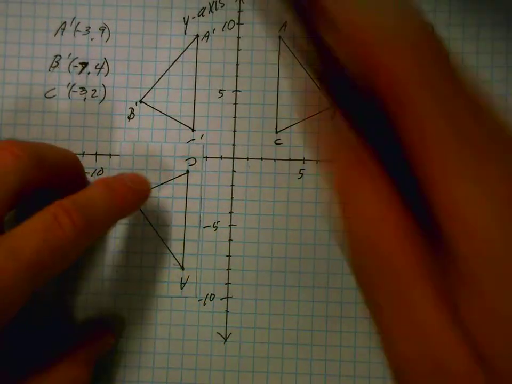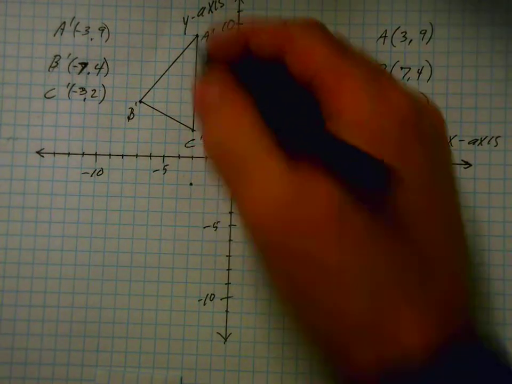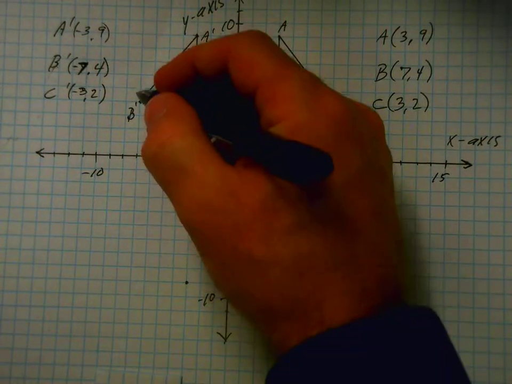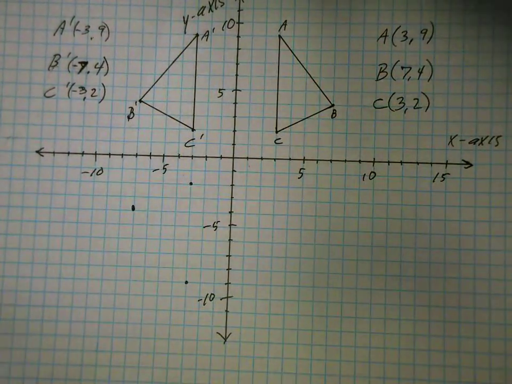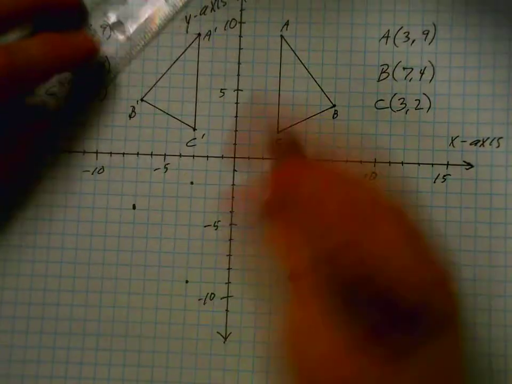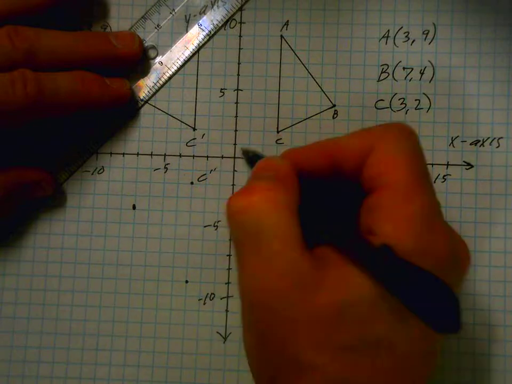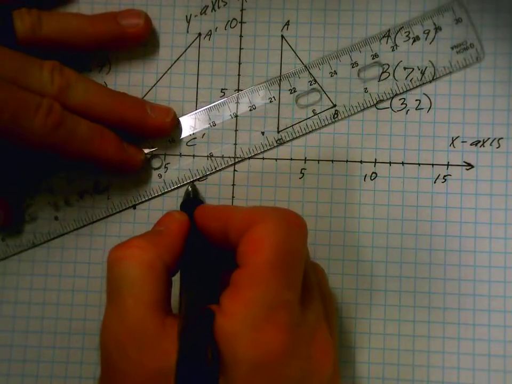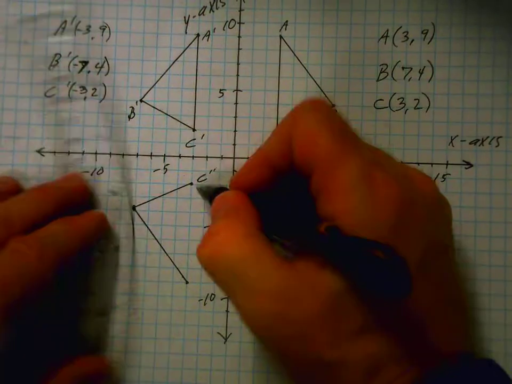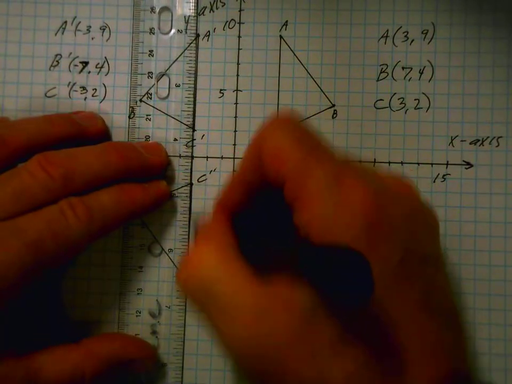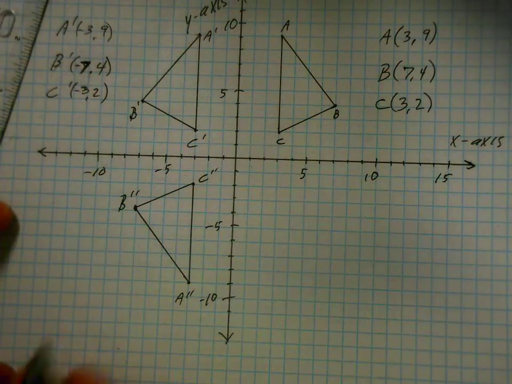So, I'm going to draw this. I'm going to take that picture away, and then I'm going to redraw it. So 2 down, and then 9 down, right? And then I'm going to take this, and I'm just going to go 4. No, 3. So all I did when I was drawing this is I thought, well, that C prime is 2 up, so I'm just going to put C double prime 2 down. And there we go. And there's A double prime and B double prime. So over here I'm going to